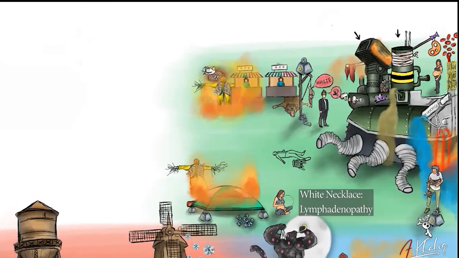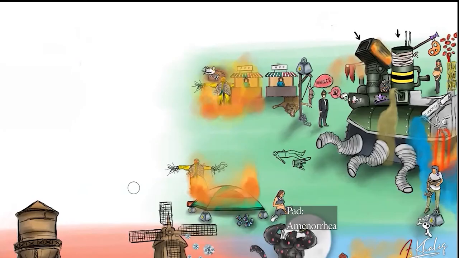And you know what? This beautiful necklace is suspiciously looking like lymph nodes. So if a patient comes with abdominal distension and lymphadenopathy, better think of some carcinoma or just malignant infiltration. Then we draw a pad, and this pad is going to tell you about amenorrhea. If there's amenorrhea with the abdominal distension, could be pregnancy, could be ovarian cyst, which is also known as Meig's syndrome, and sometimes it's also seen in tuberculous ascites, cirrhosis, or just nephrotic syndrome.